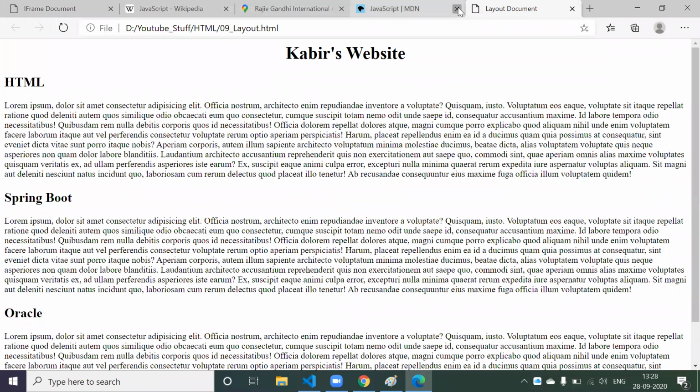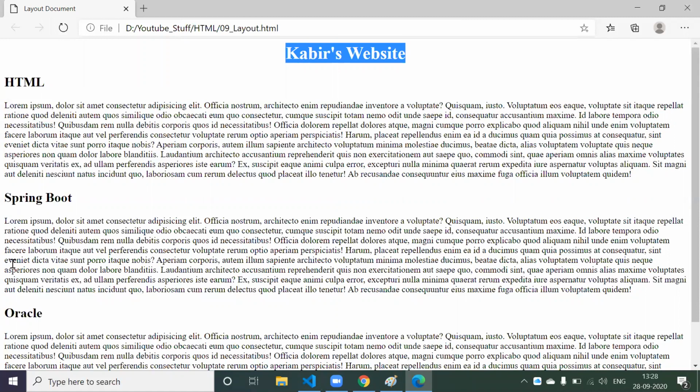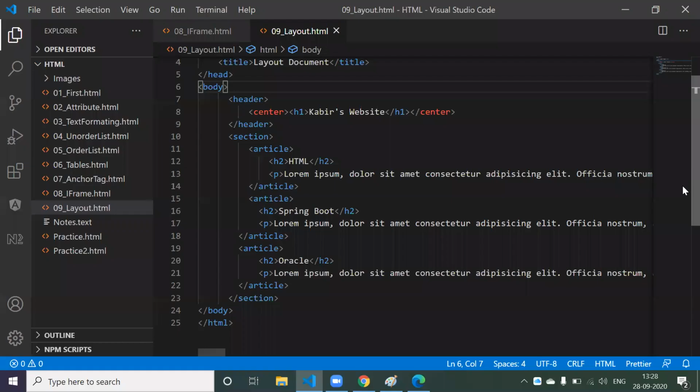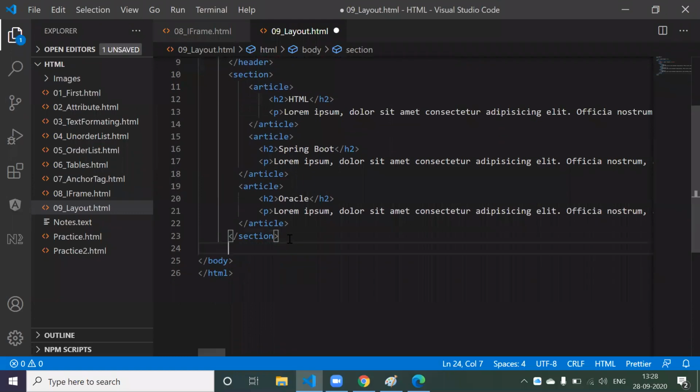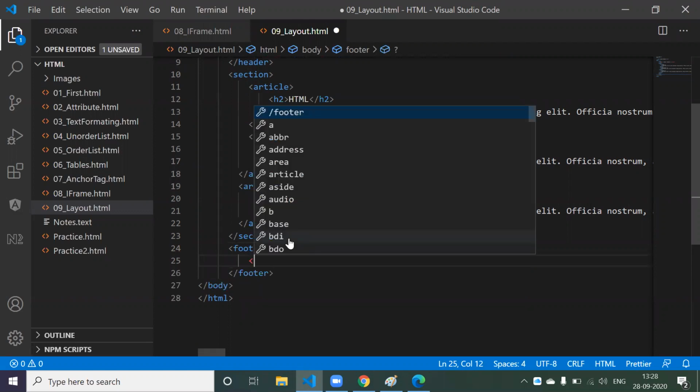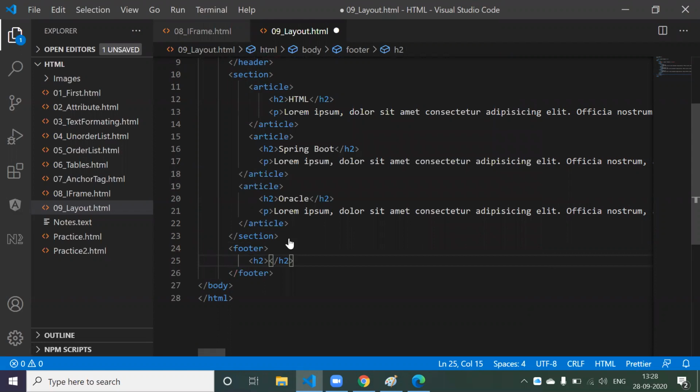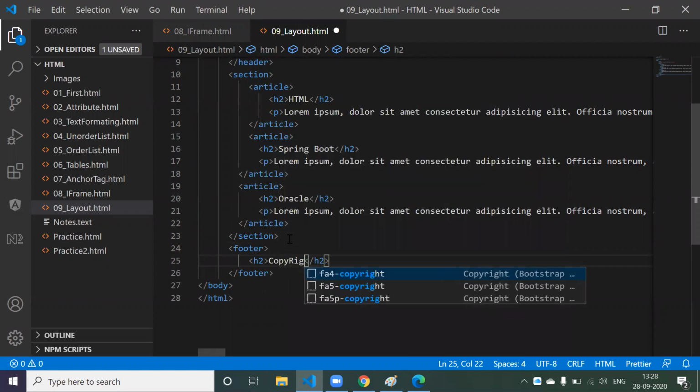Now let's close everything. Now you are able to see the HTML content. This is your header section, and this is your section. Inside the section you have HTML, Spring Boot, and Oracle. Now just suppose I want to create a footer as well. For that, after this section I want to create a footer. So footer. Okay, inside the footer I'm going to say something like h2 and copyright